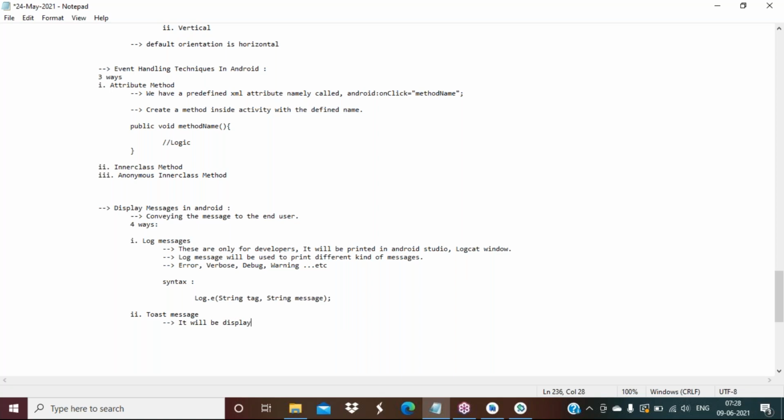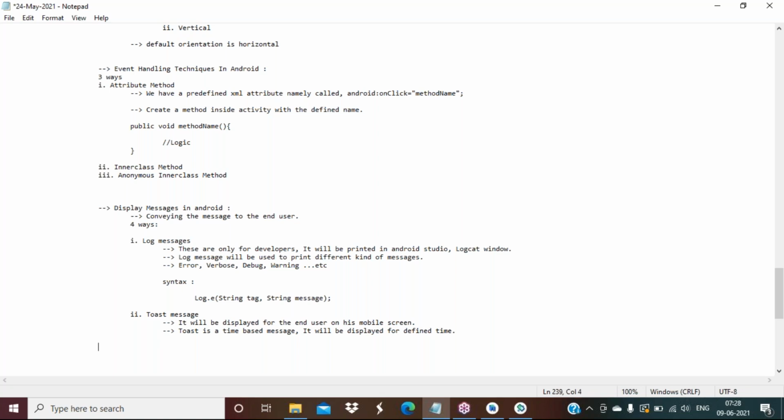It will be displayed for the end user on his mobile screen. Okay, this is super, on his mobile screen. So toast is a time based message. What is a time based message? It will be displayed for a defined time. So how much time, and how do we have to write it?